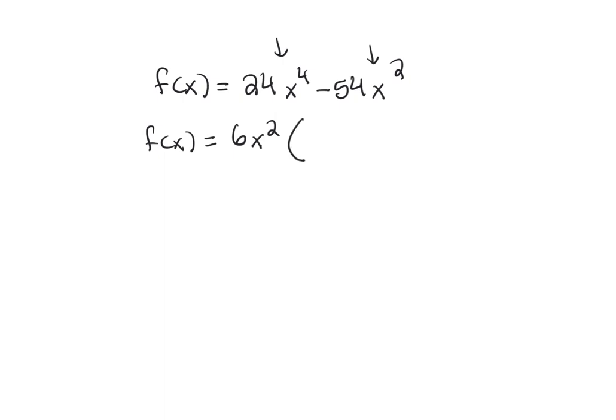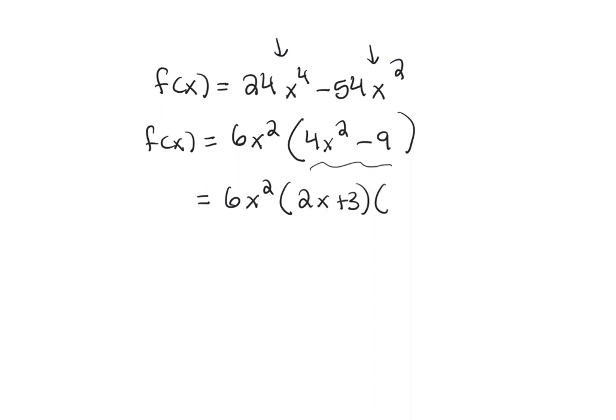If you divide both of those terms by 6x squared, you will be left with 4x squared minus 9. Now what's left over can be factored more. That's the difference of 2 squares, which will go down to 2x plus 3 and 2x minus 3. And if we set it equal to 0 and now solve,